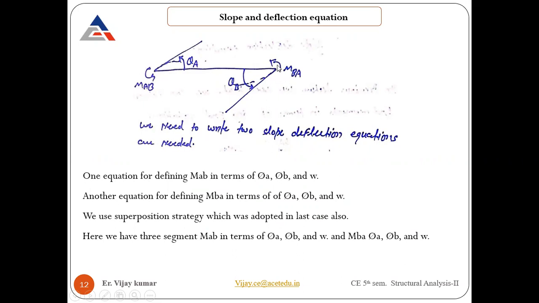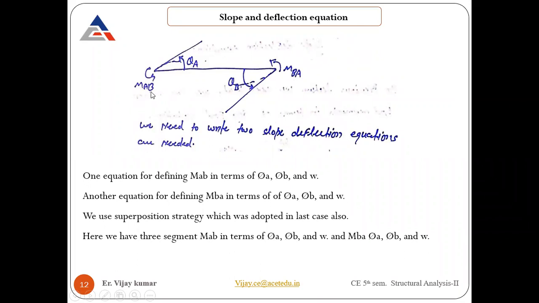The sign convention in that case, we are taking opposite here. One is positive, the other negative. They are not in the same direction. Sorry, actually they are in the same direction, these are the positive sign convention. Due to MAB, the rotation created in the beam is theta A, and theta B happens due to MBA. These are the positive sign conventions that we consider.